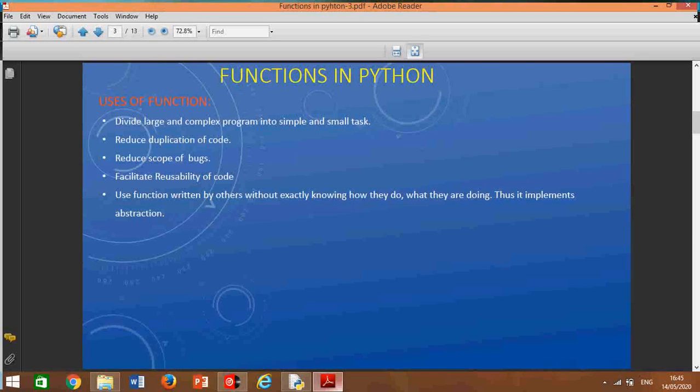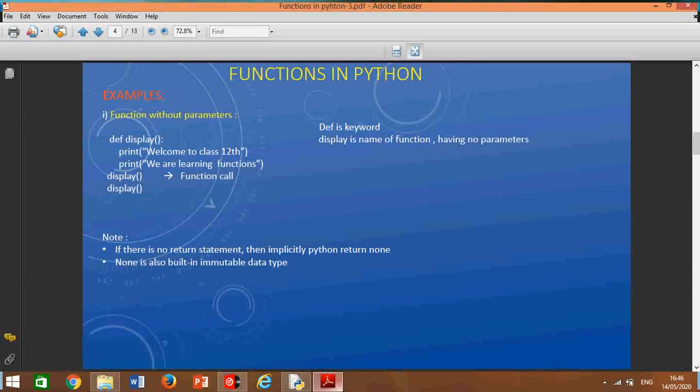To understand this, let us take the example of a library function. We are using library functions without knowing the background detail of that function, without knowing the coding of that function. Suppose the string function lower, we are just calling it by its name, and we should know only what the function is doing. That is important for us. How they are doing it is not important for us. That is called abstraction.